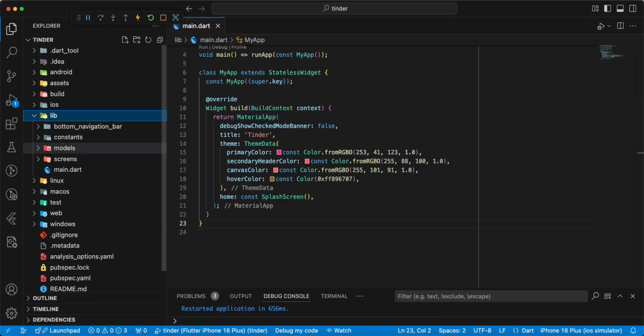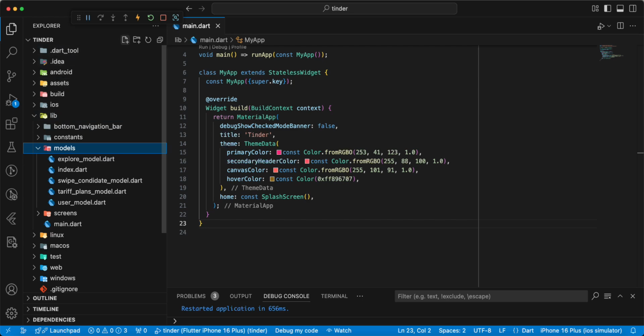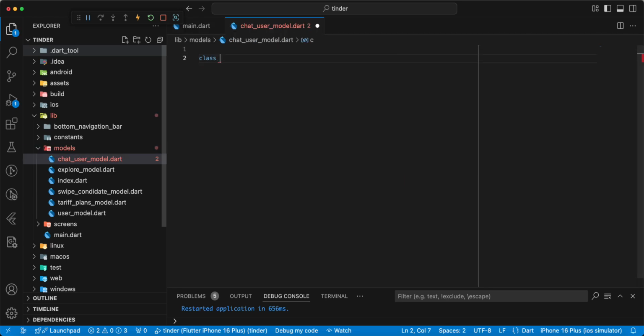Now we create chat user model. Right, chat user model dot dart, write class,